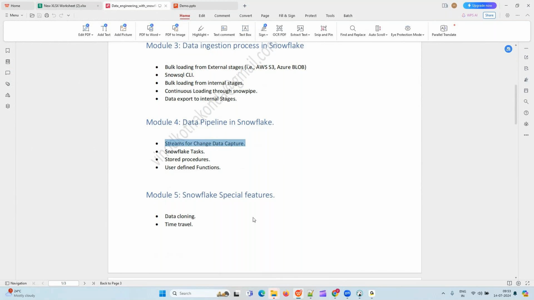Okay, streams. So with the help of streams, either with Matillion or DBT, we are not going to build any SCD type ourselves; we are going to use streams only. Correct. Even if you do it from Matillion, internally it converts it into a MERGE INTO statement. I will explain that. Okay, so we are going to cover that as well.